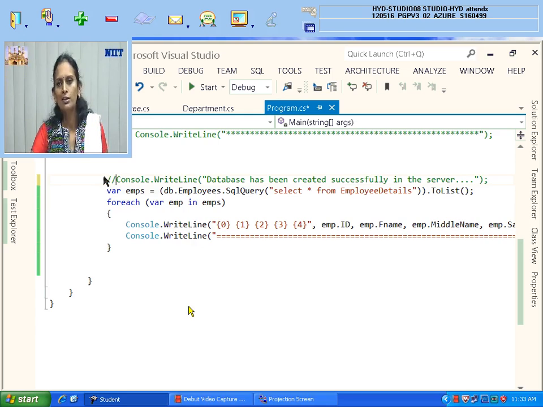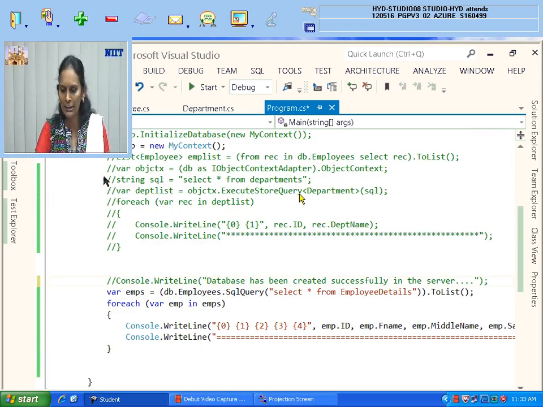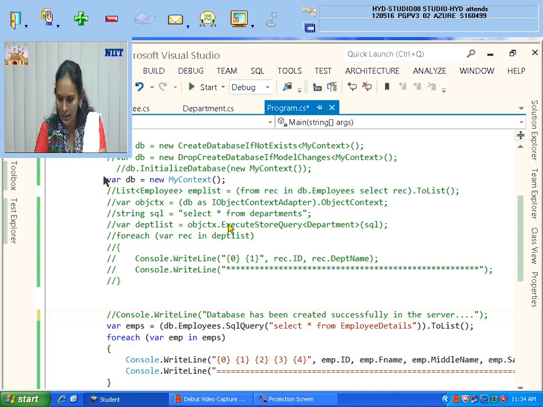See, with direct SQL you are writing the direct SQL statement, and there are different techniques. Using object context also you can retrieve. In object context, there is a special method to execute store queries, if your data is in the format of object context. You cannot apply the command as an SQL query.